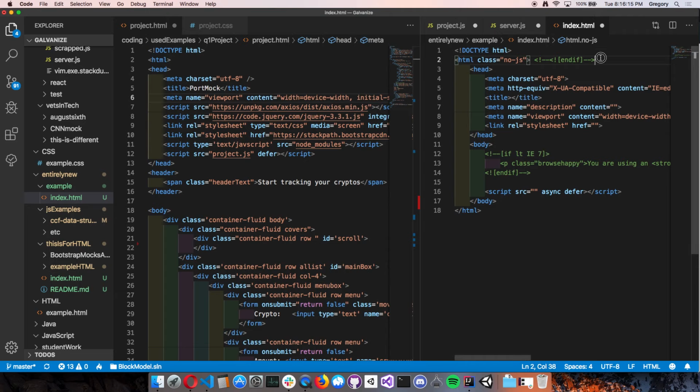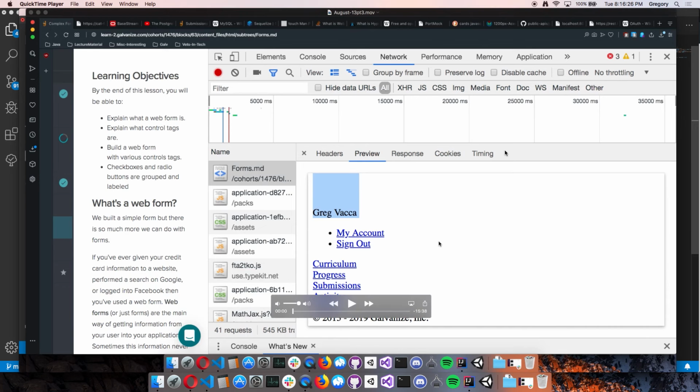All you would need to do to copy that mock-up is create maybe like a paragraph tag, okay, and then